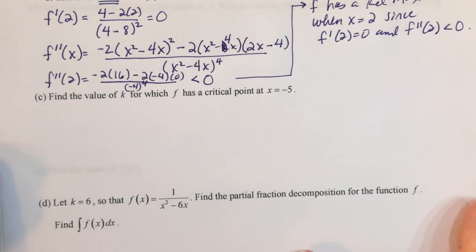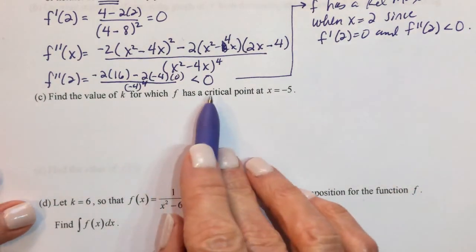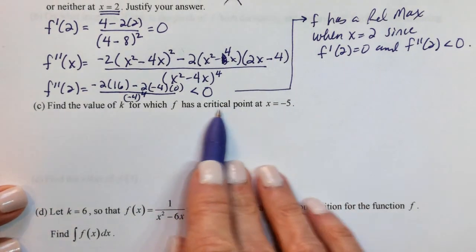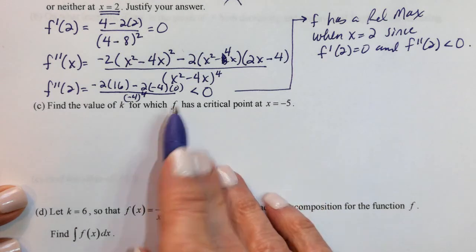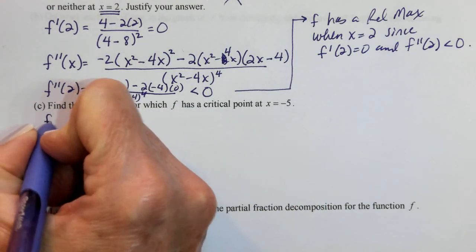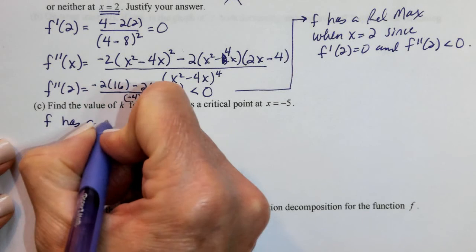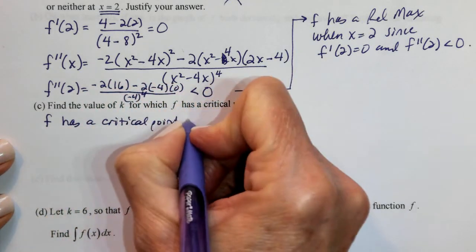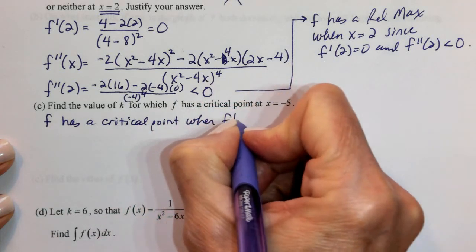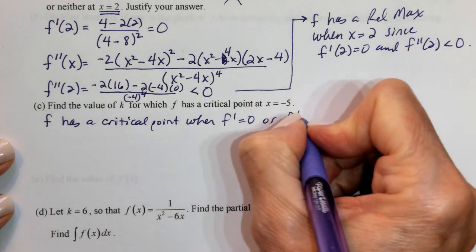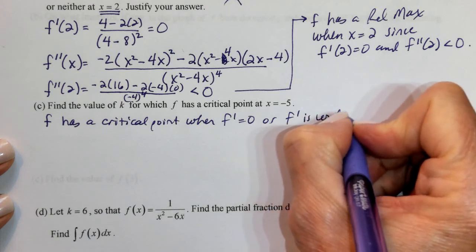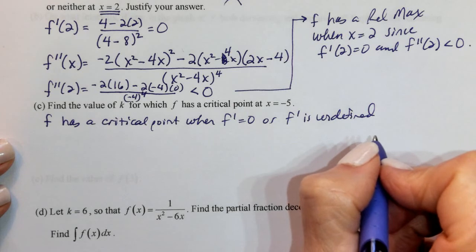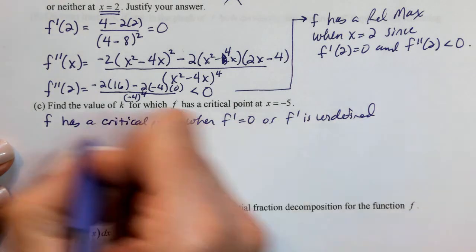Part C. Find the value of k for which f has a critical point when x is negative 5. Another critical point problem for f. So I'm going to begin by saying what that means. So f has a critical point when f prime equals 0 or f prime is undefined. I never know if that's going to be worth a point or not, so I always say it. Okay? So f prime